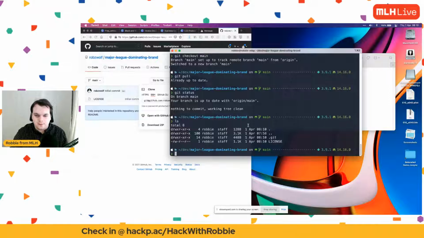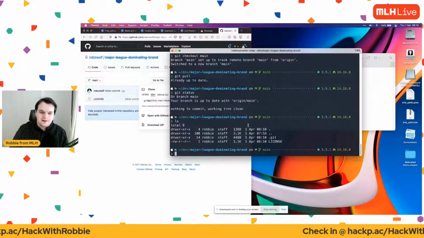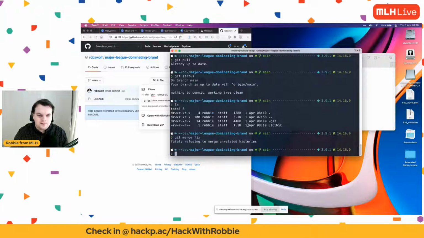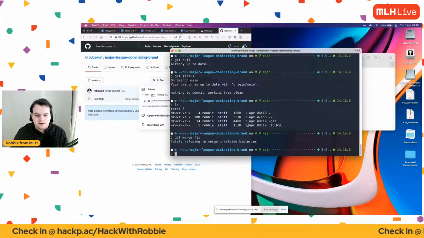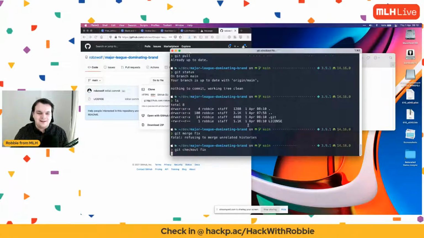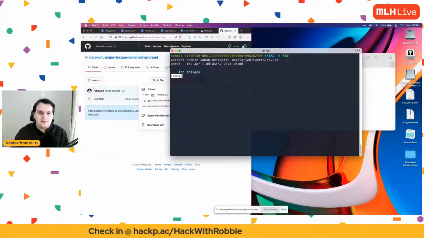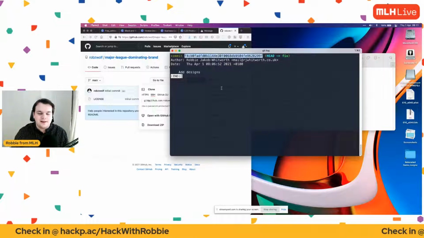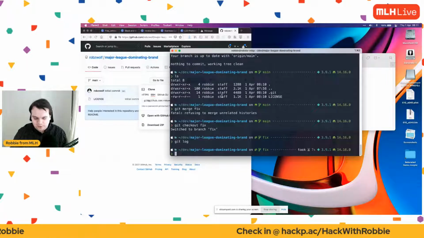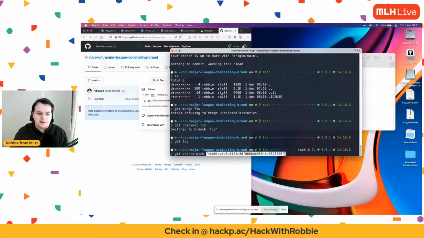So now we're starting to get somewhere. Now I can basically do a pull request with my fix commit. Rather than a pull request, we're actually just going to straight up merge it in. So git merge fix. Refusing to merge unrelated histories. Okay, I've got a better idea. If we do git checkout fix and a git log, here's our commits. We're going to cherry pick this commit. What cherry pick will do is basically apply that commit again. So if we do a git cherry-pick that commit hash,